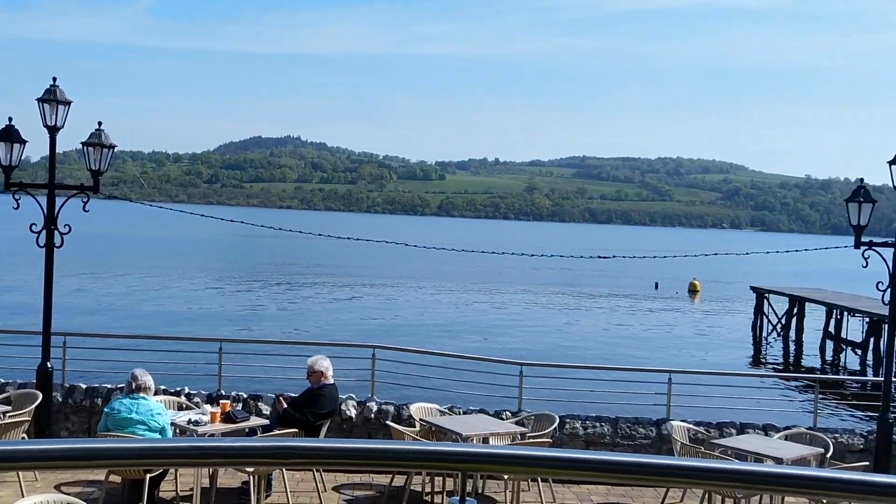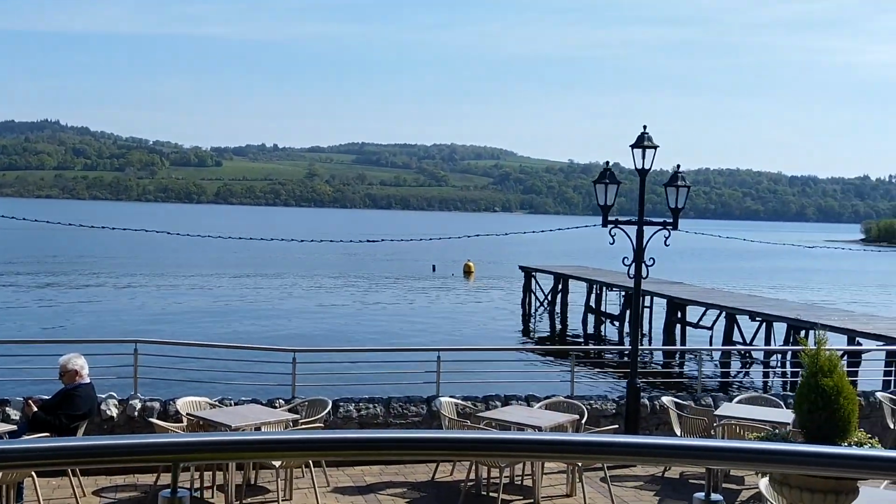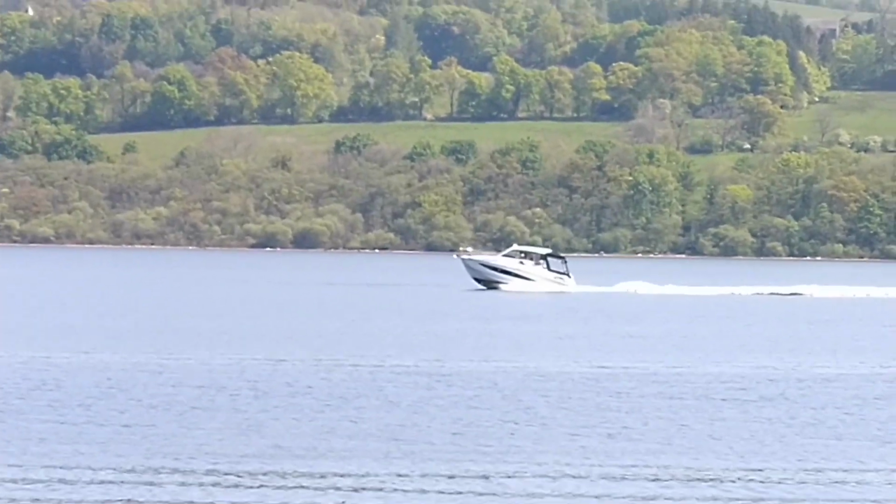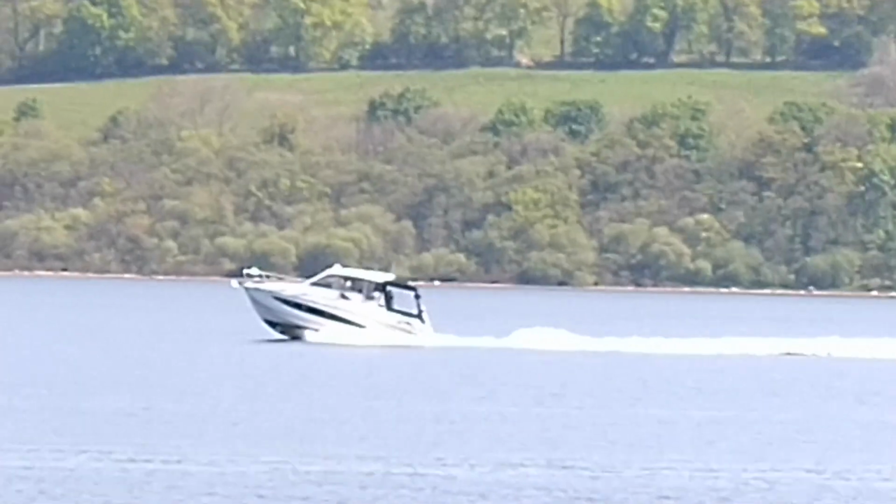Still not out of Scotland yet, but just pulled in at the Duck Bay Inn, which is a beautiful place right on the side of Loch Lomond. Great place to get a coffee by the looks of it. Just stopping for a quick coffee break and a natural comfort break before going on and crossing the border into